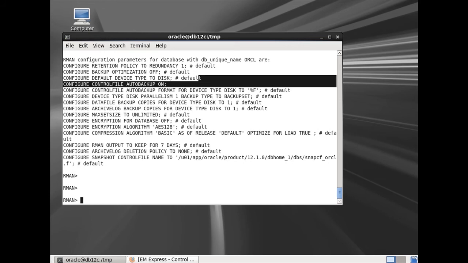How to take a backup of your database. The main command to back up your database is the backup command. If you put backup database, Oracle will take a full backup and the backup will be stored as a backup set. The location of the backup will be the fast recovery area, and backup information will be stored